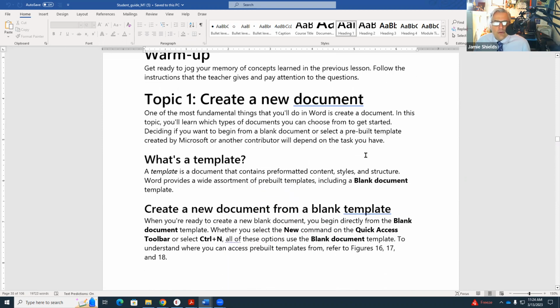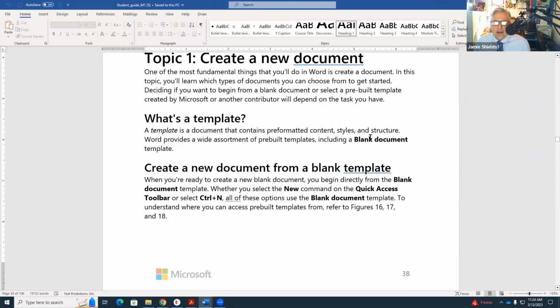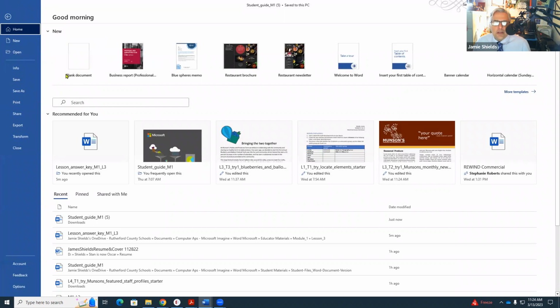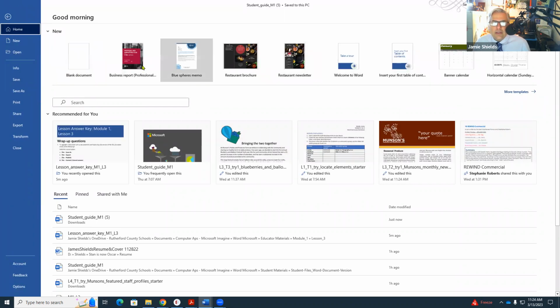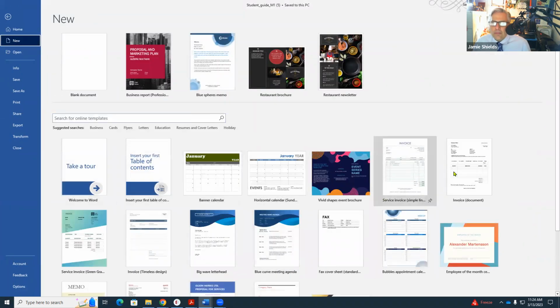All right, so creating new documents. One of the most fundamental things that you'll do in Word is create a document. In this topic, you'll learn which types of documents you can choose to get started. So a template is a document that contains pre-formatted content. So it's basically file. Most of the time we hit this blank document to get started, but there's also these really cool things here. And so we're going to look at templates in this, more templates. So if you wanted to jump off of somebody else's idea, templates is really full of some really great things